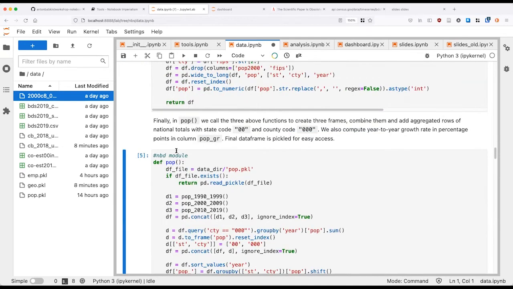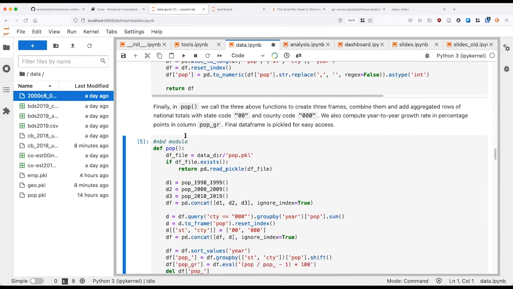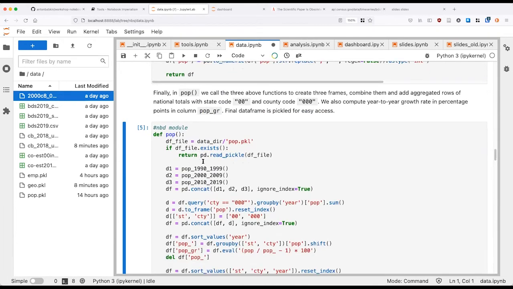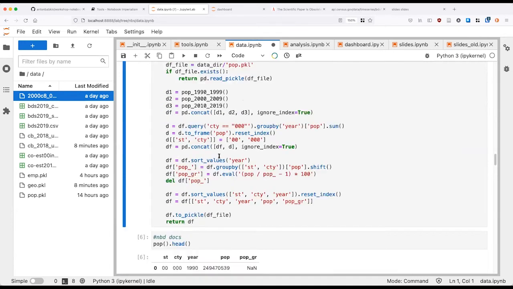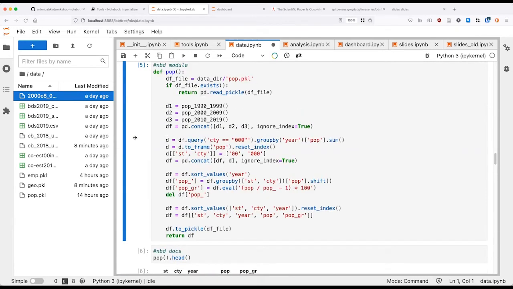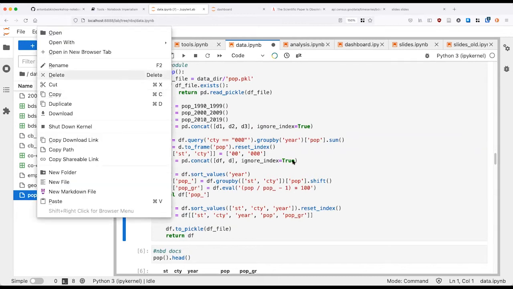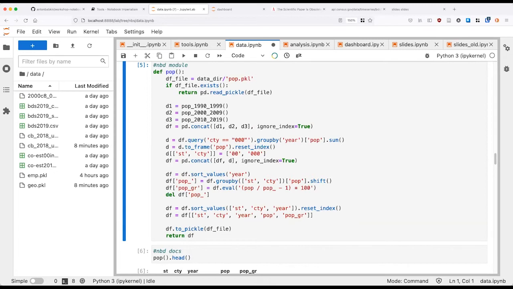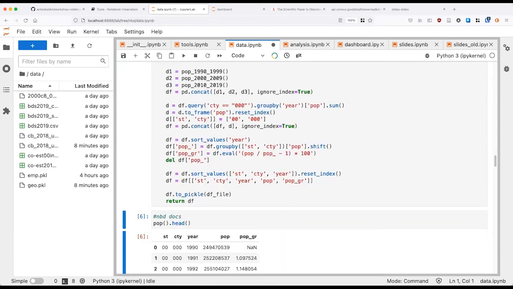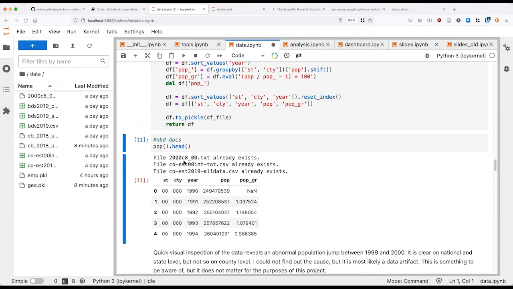Finally, the pop function is like a top level to construct the entire population data frame. See, it is calling these three other decade functions, putting the data frames together, and again checking if the pickle file exists. Let me delete that. So then it caches that to the file. The file exists, but I need to rebuild it all. All right, so we got a